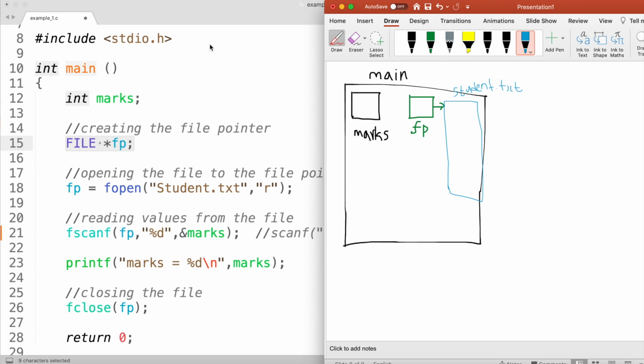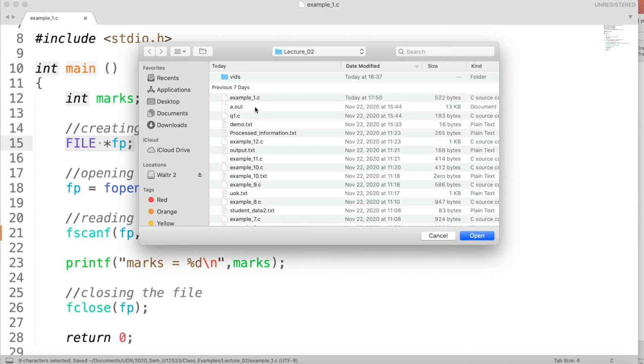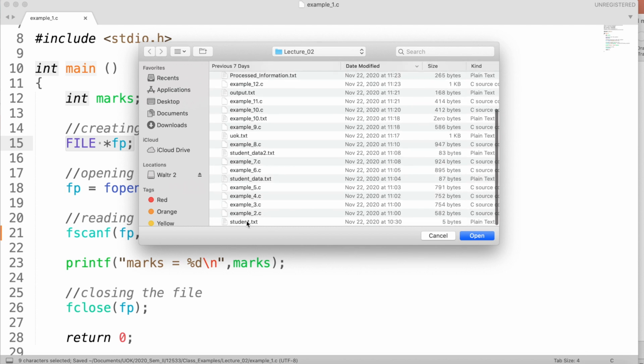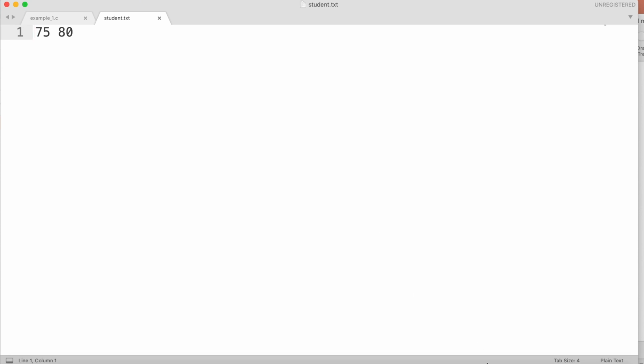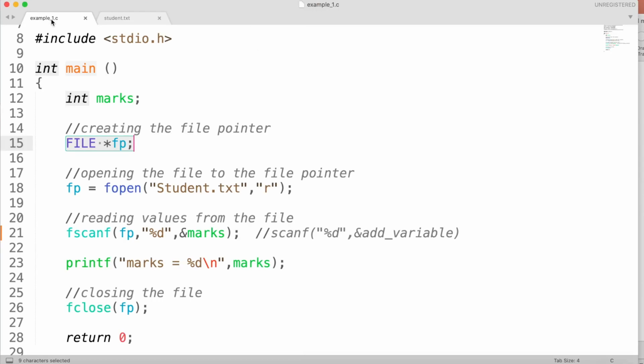If you look at the content of the student.txt file, it has 75 80. That means in my memory, this has 75 and 80. That is how my memory looks after execution of this statement.